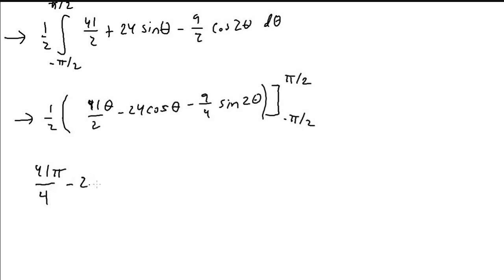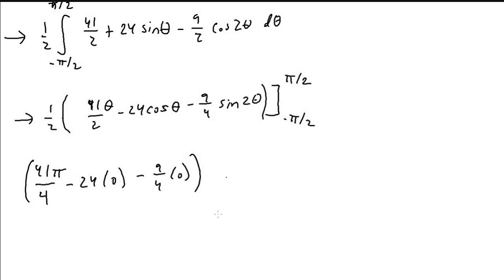minus 24 times cosine of pi over 2, and cosine of pi over 2 is 0, minus 9 over 4 times sine of 2 times pi over 2, or sine of pi. And sine of pi is obviously 0. So we'll get 9 over 4 times 0,